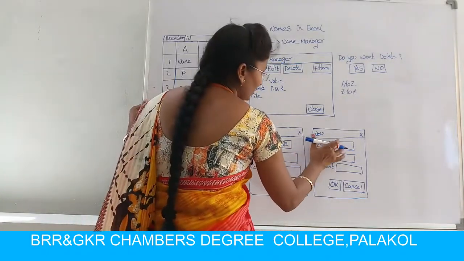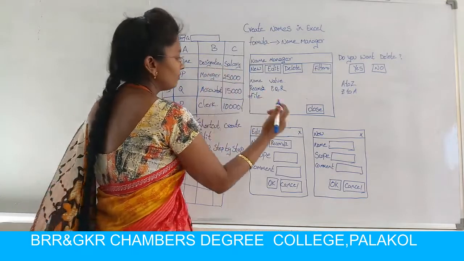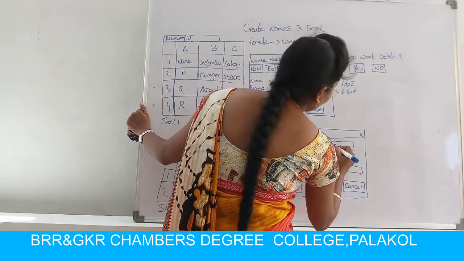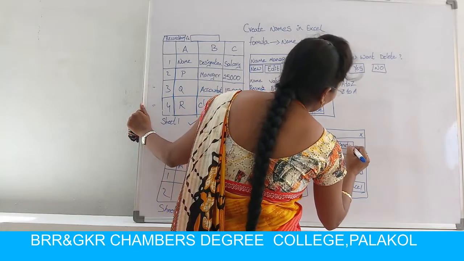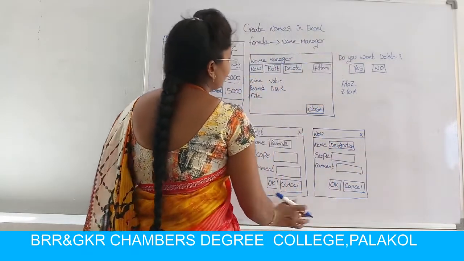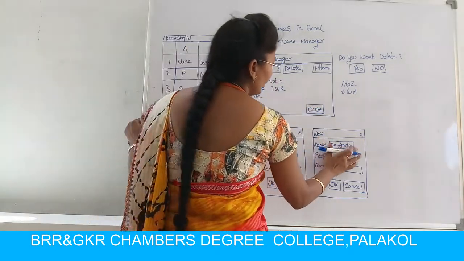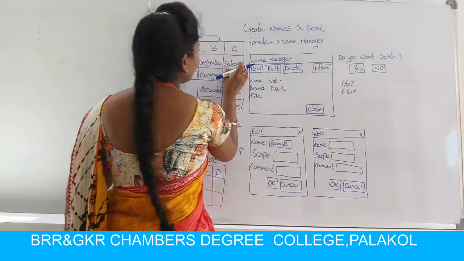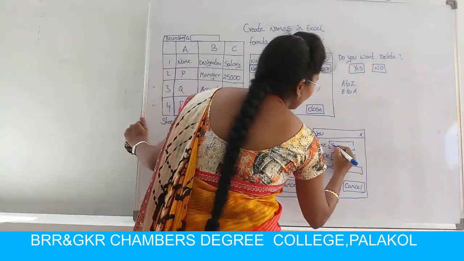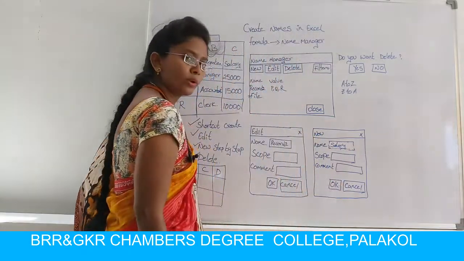The same dialog box will appear. In this, the second one is designation. I am creating the designation name here. Click on the OK button, then go to the name manager and again click on the new option. Again a new dialog box will appear. The third column is the salary. Here I am creating salary and click on the OK button.